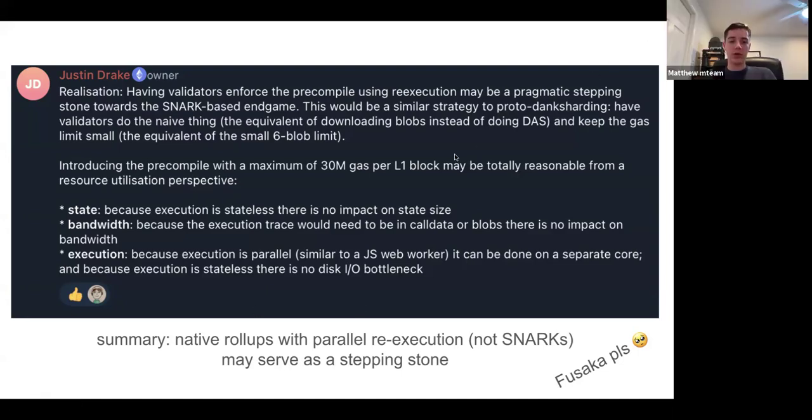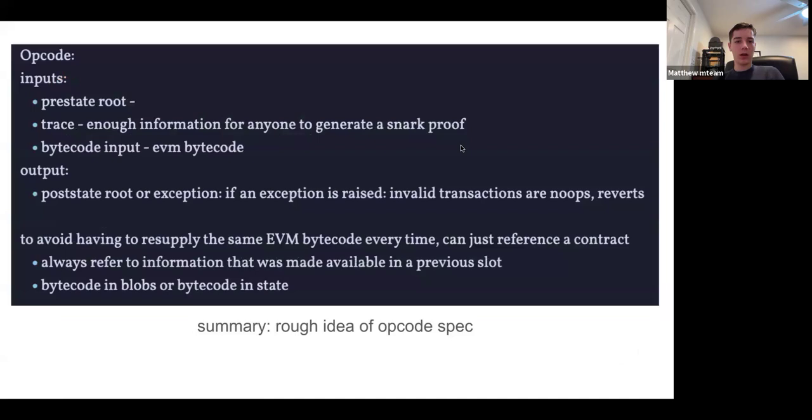Cool. Any more thoughts on re-execution related things? Awesome. Let's go on. I don't know how useful this slide is, but essentially Justin